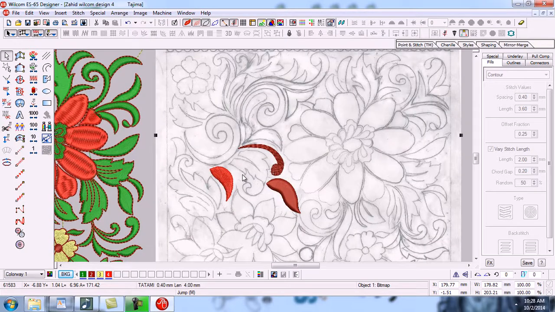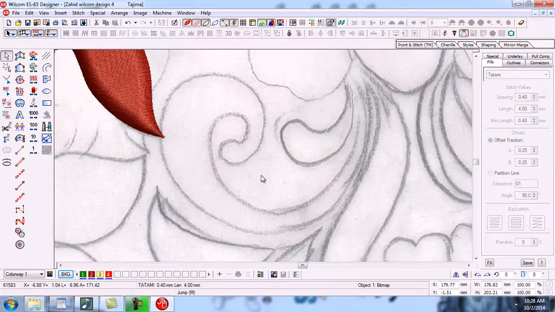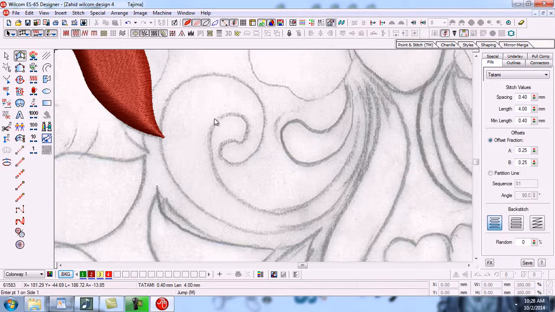And now we will make one more object. For example, we will make this type of object with input A.